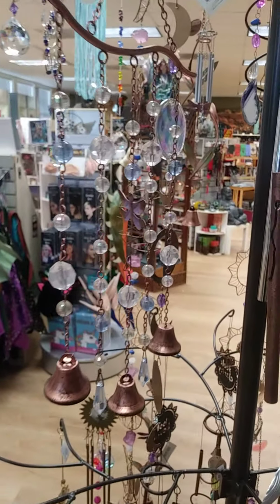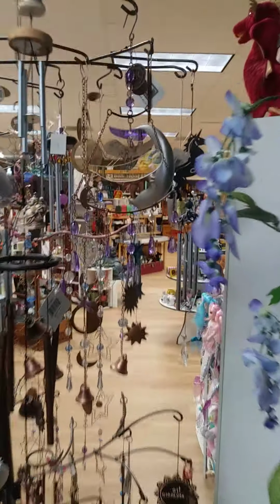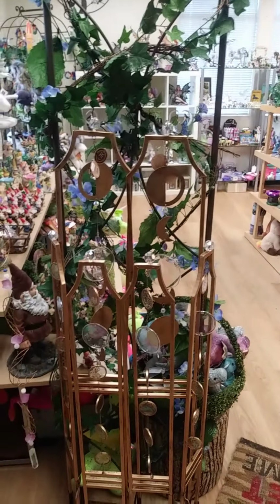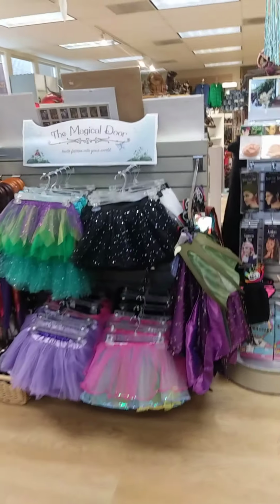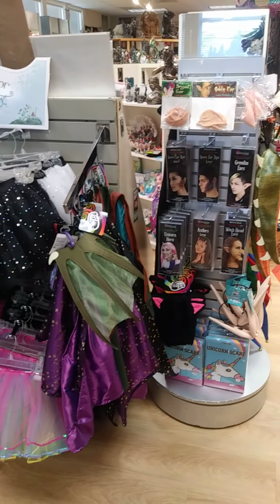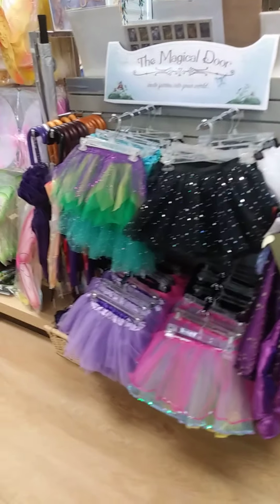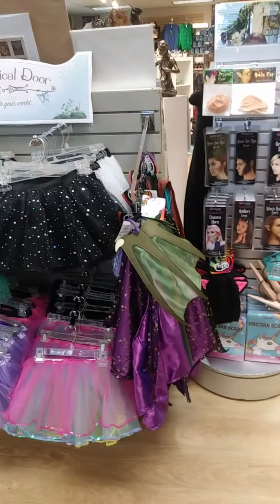So this is the view from inside the gazebo. We also got these beautiful hanging, sparkly, celestial type crystal things, wind chimes and sun catchers that are hanging over here as well. So outside of the gazebo, what we've done, we've put all of our dress up items together. So we have our ears, horns, tails, tutus, wings, all of those dress up items right there,